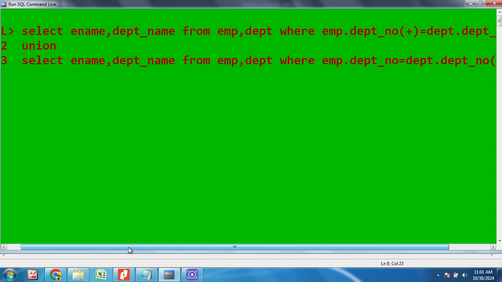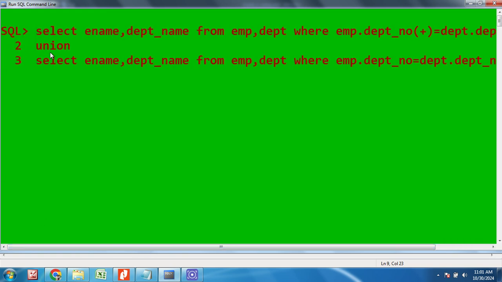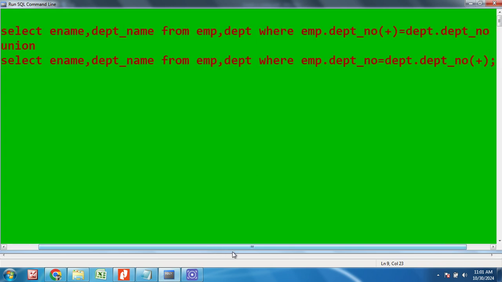So this is the union of left outer join and right outer join. We are fetching the values from left outer join and right outer join. So this is a combination of left outer join and right outer join. We are using the union symbol. This is union, just like in our maths. It will remove the duplicate values. Duplicate values will be made distinct, automatically distinct, it is applied automatically over here. So this is an example of right outer join and this is an example of left outer join. We are writing union between both the commands.